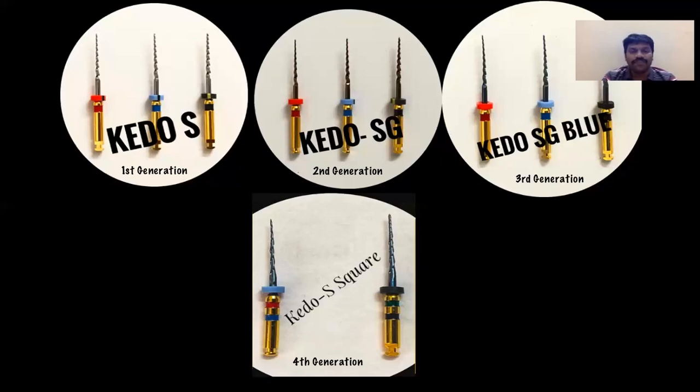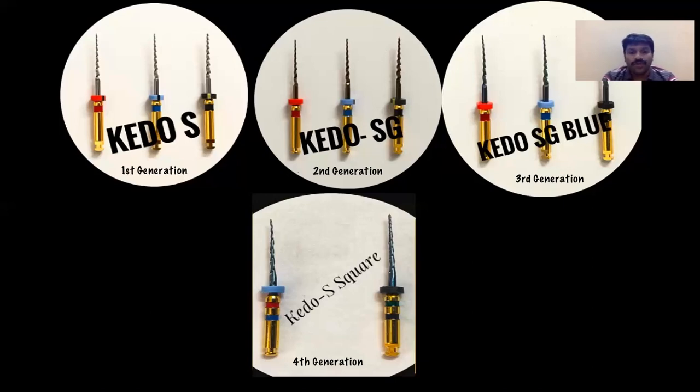You will take a 15 size file, do the initial patency with the 15 size file, and take a blue file which is the P1, and you can complete the obturation in the mesiobuccal, mesiolingual as well as distal canal. When it comes to anterior teeth, you will take a 25 size file, do the initial patency and then complete it with the black color coded file. The black ring is there on your right hand side, right?